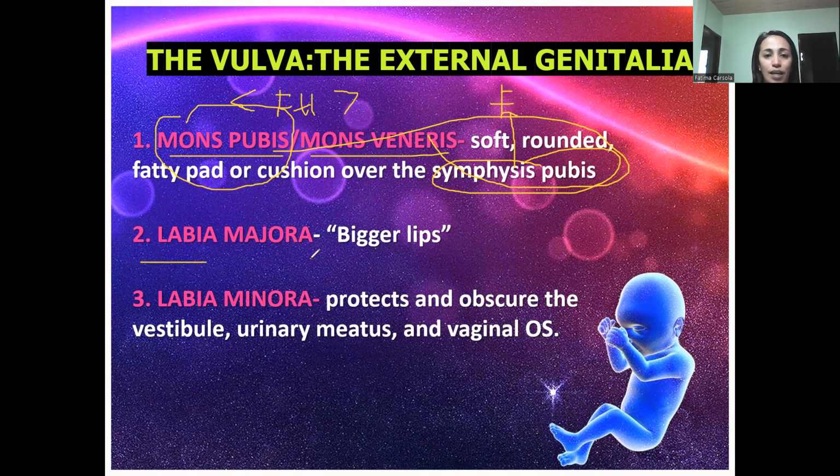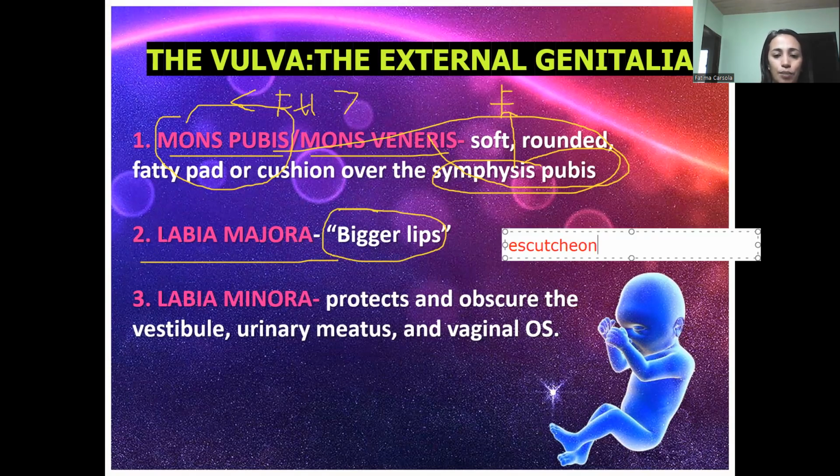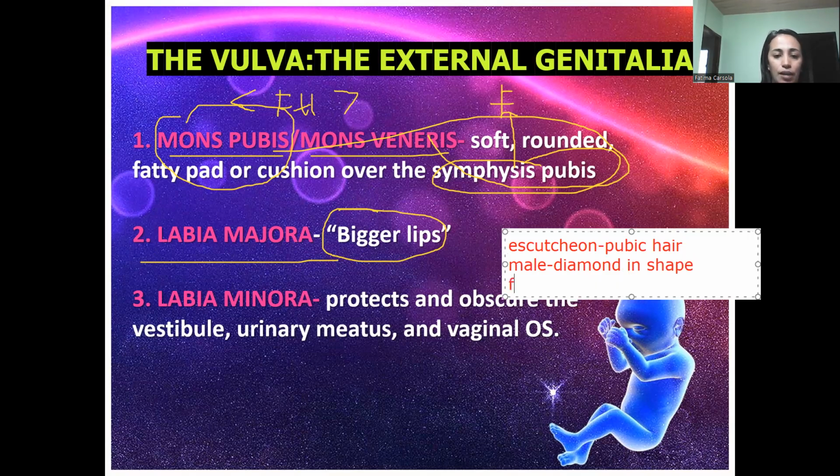We have here the labia majora. Later, I will show you the picture, but the labia majora is considered as the bigger lips. What you can see here is your escutcheon. Your escutcheon is your pubic hair. In the Philippine Nursing Board exam and even in the NCLEX, the pubic hair of a male is diamond in shape, and in female,